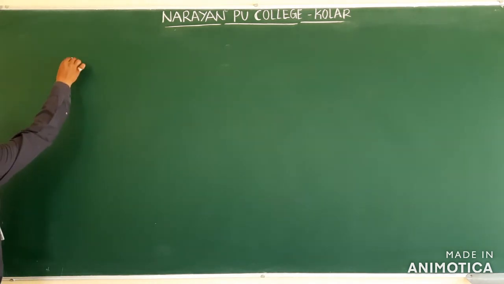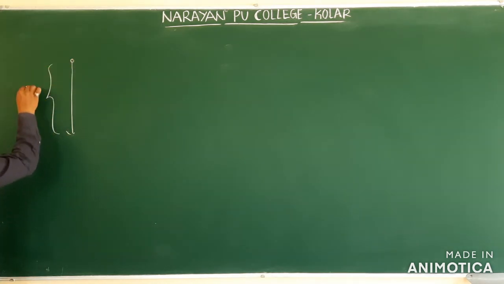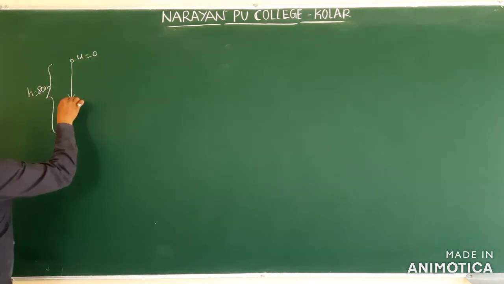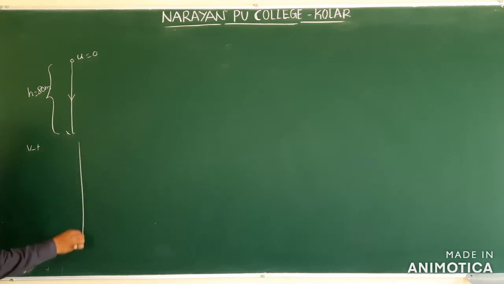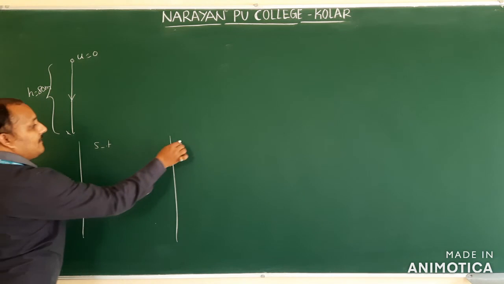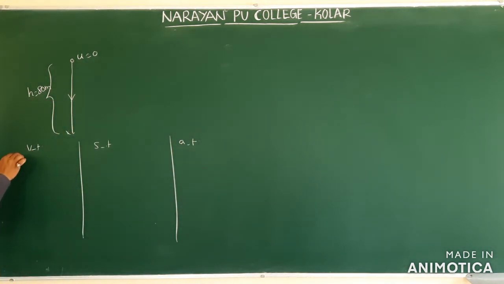An object is dropped means it is dropped from what height? Height is equal to 80 meters. Initial velocity is 0. It is coming downwards. We have to draw the velocity-time graph, next the displacement-time graph, next the acceleration-time graph. Velocity-time means